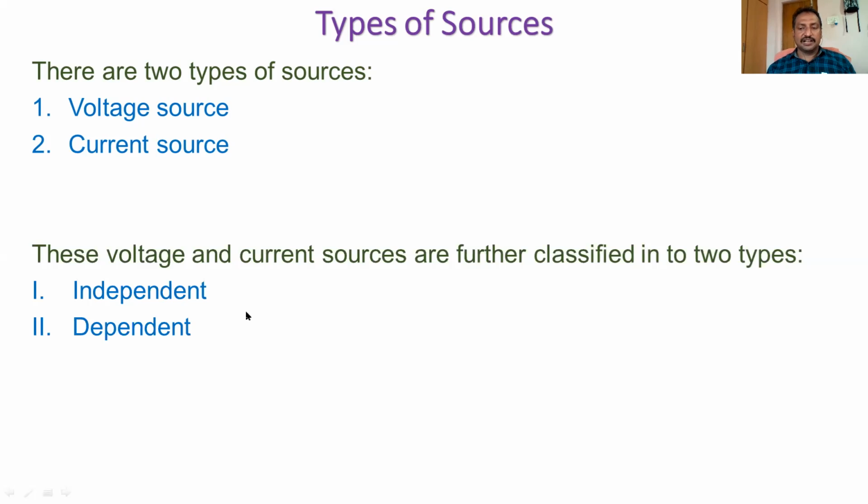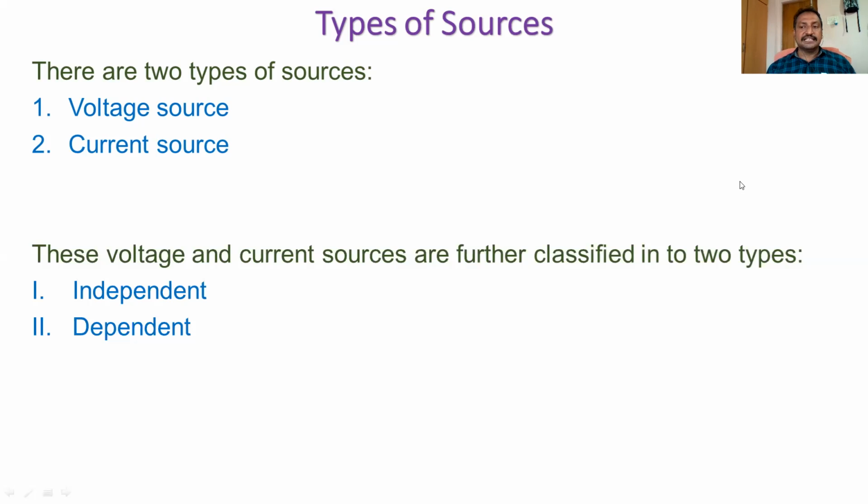First of all, I'll clarify what is the independent source. Independent sources are the sources which always give a constant magnitude of voltage or current in the circuit, even though any change in the electrical parameters of the electrical circuit does not change it. That is called an independent source. I'll repeat again: the independent sources are the sources which always give a constant magnitude of voltage or current.